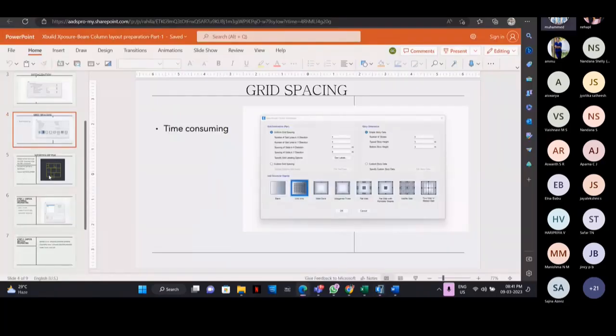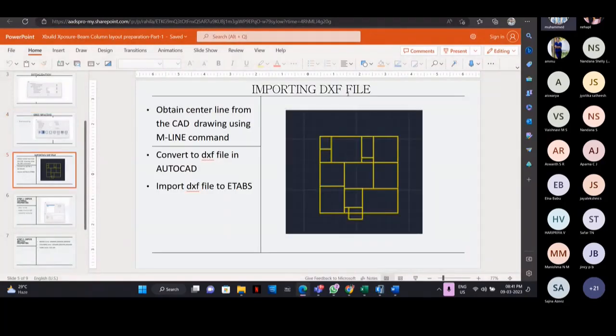Now, Neha will be discussing how to import a DXF file into Etabs after drawing the center line in the plan or the beam column layout of the building. Neha,